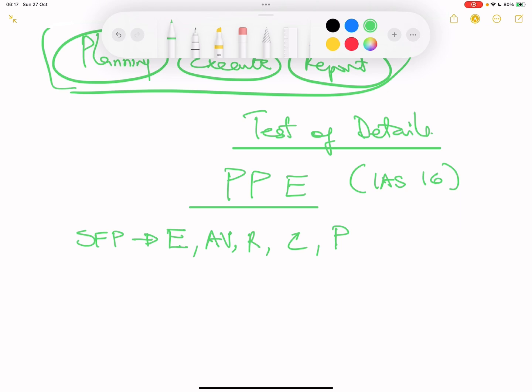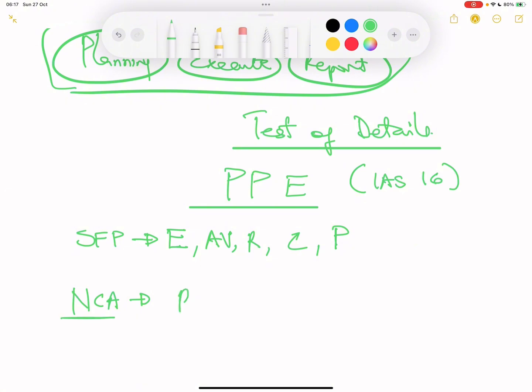But remember, before you can even develop procedures, you need to understand the balance that you're talking about. So I'm assuming that you all know what PPE is. And if you don't know, quickly, PPE is just your non-current asset. So you expect to have PPE as a non-current asset. It can be equipment, it can be plant, it can be land, it can be computers, it can be cars. And you are meant to